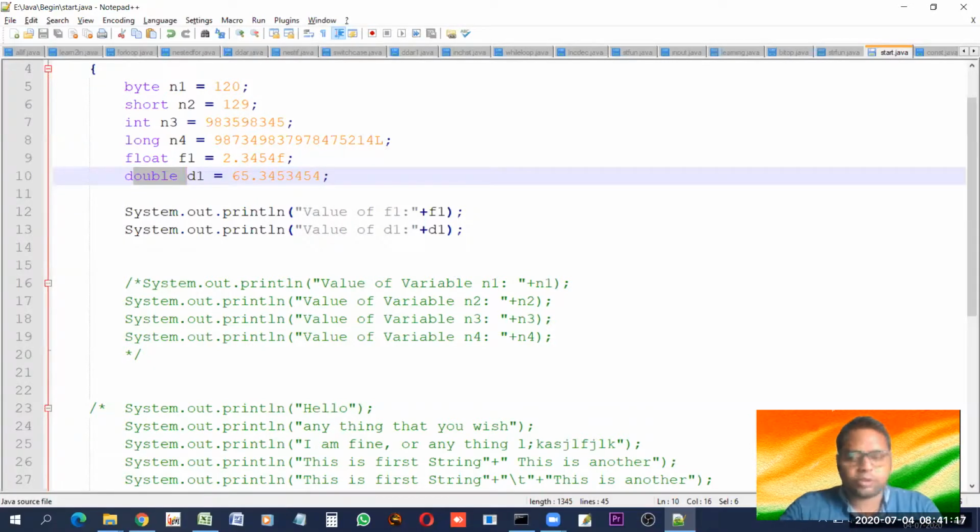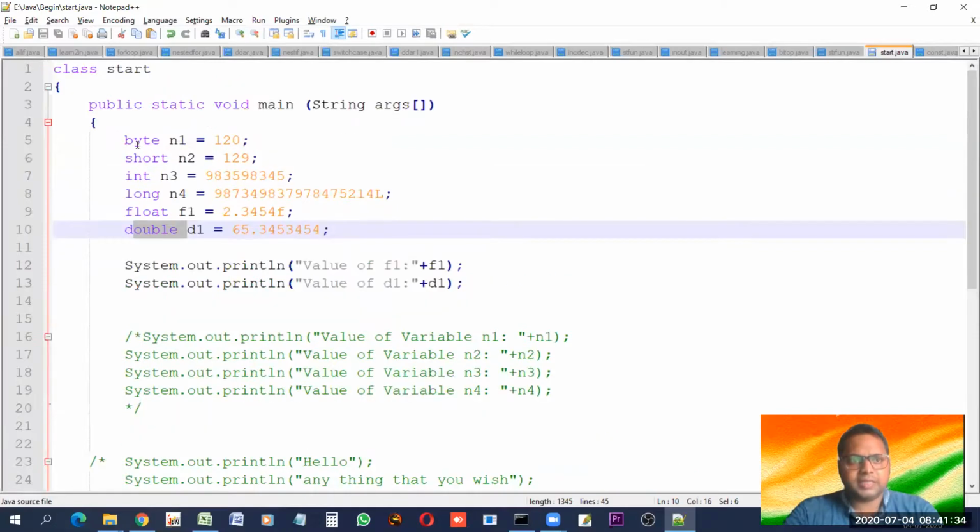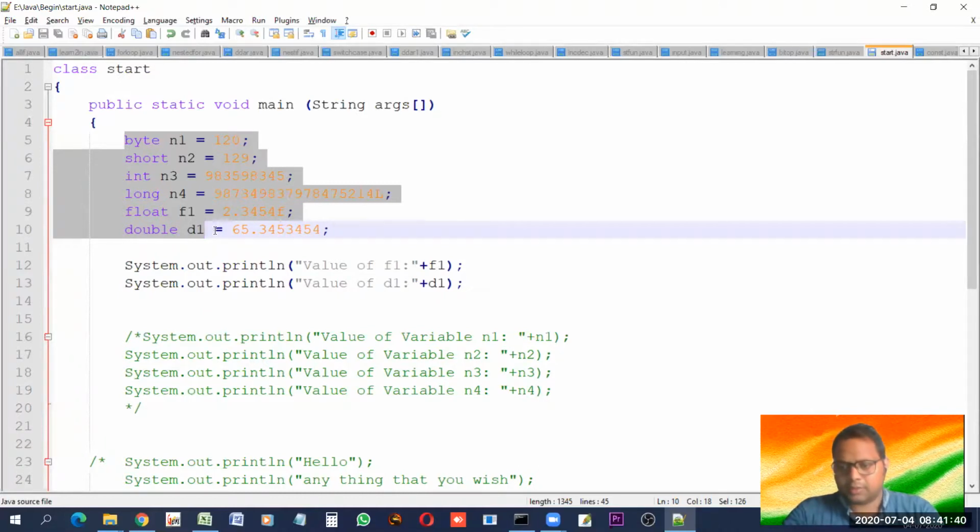Suppose you are given a program to make in a test or anywhere, that enter marks obtained by students in a given test. Tests are usually of 100 marks normally, or even less. So out of these available data types, you just think which data type suits better.